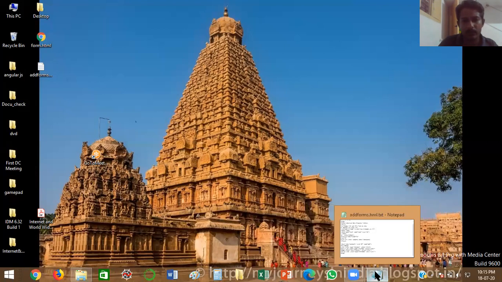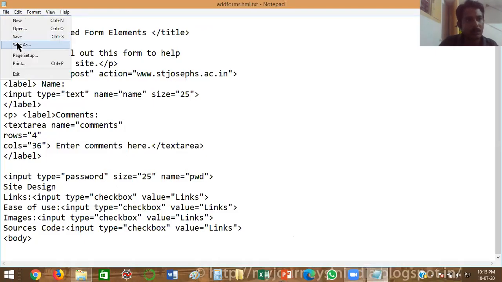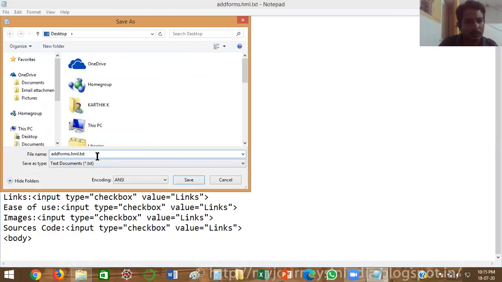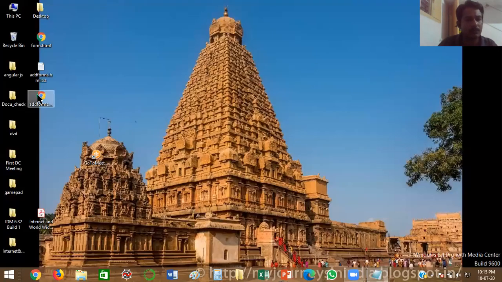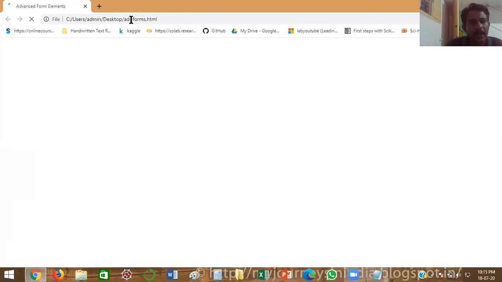Copy the name, and specify .html. Okay. So when you go and double click the file, it will open in the browser. In the browser, the file add forms, right?